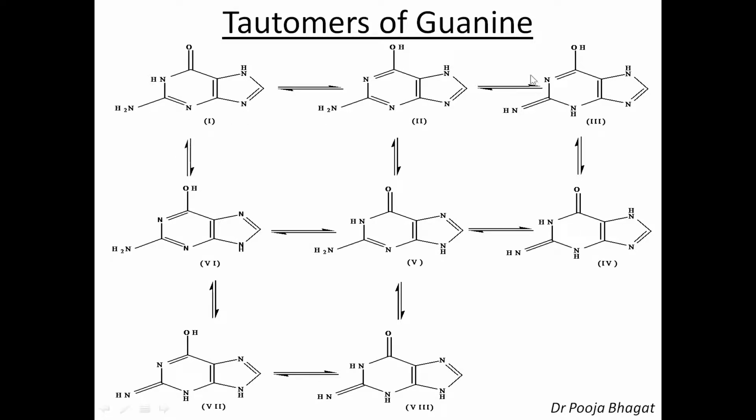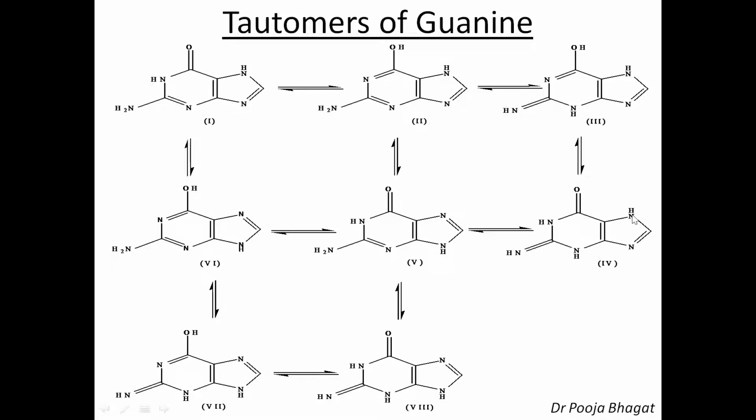Now in this case, this is enolic form and this NH2. I told you this NH2 is amine, and in the tautomeric form it gets converted into imine. So amine into imine. So here this is enol, this is imine. So here keto and amine, enol and amine, enol and imine. And now it is keto and imine. Okay, so all the 4 possible tautomers, in all of which the hydrogen atom is present at the 7th nitrogen.